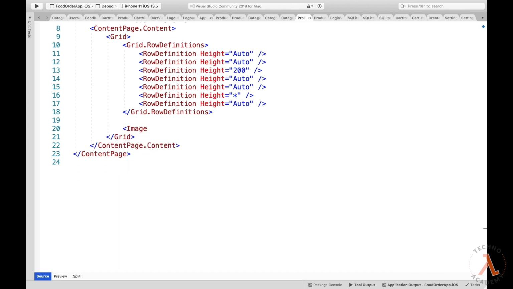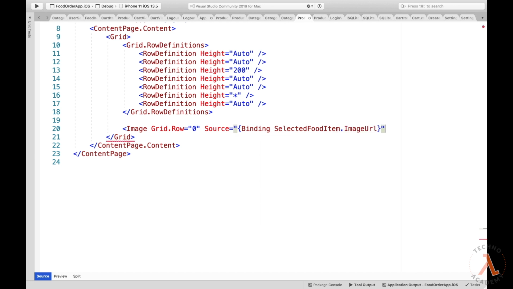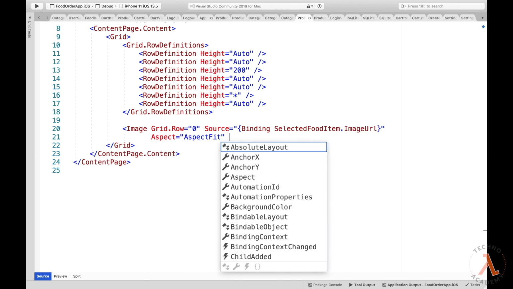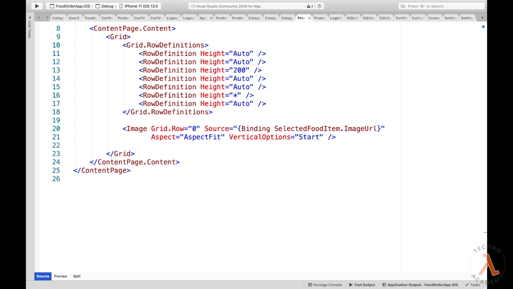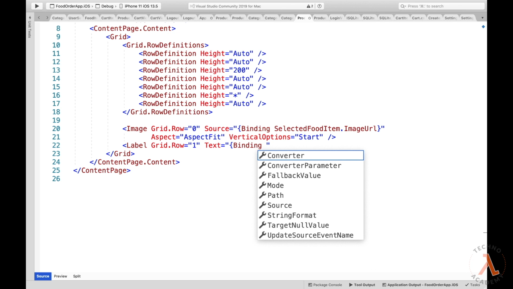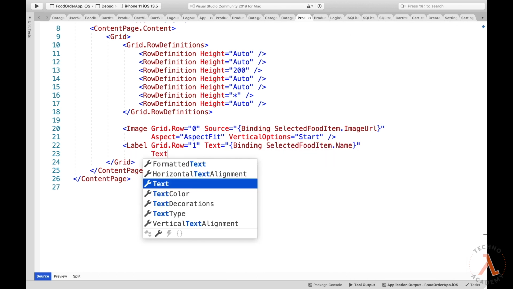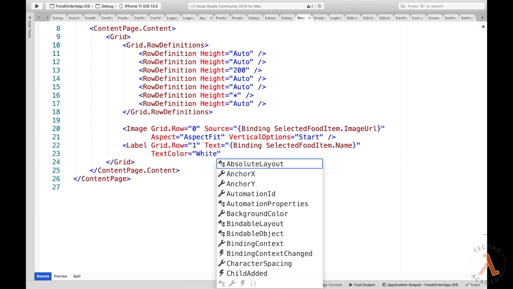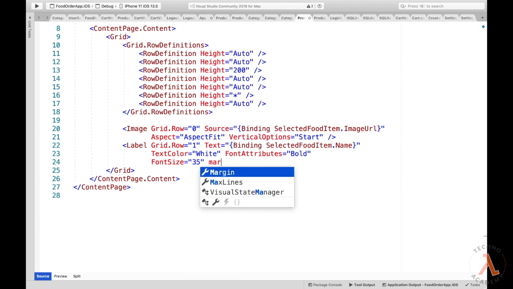So let me type in image Grid.Row equal to 0, Source equal to binding SelectedFoodItem.ImageURL, Aspect equal to AspectFit, VerticalOptions equal to Start, and then we require a label to display the selected food item. So let me type in label Grid.Row equal to 1, Text equal to binding SelectedFoodItem.Name, TextColor equal to white, FontAttributes equal to bold, FontSize equal to 35,